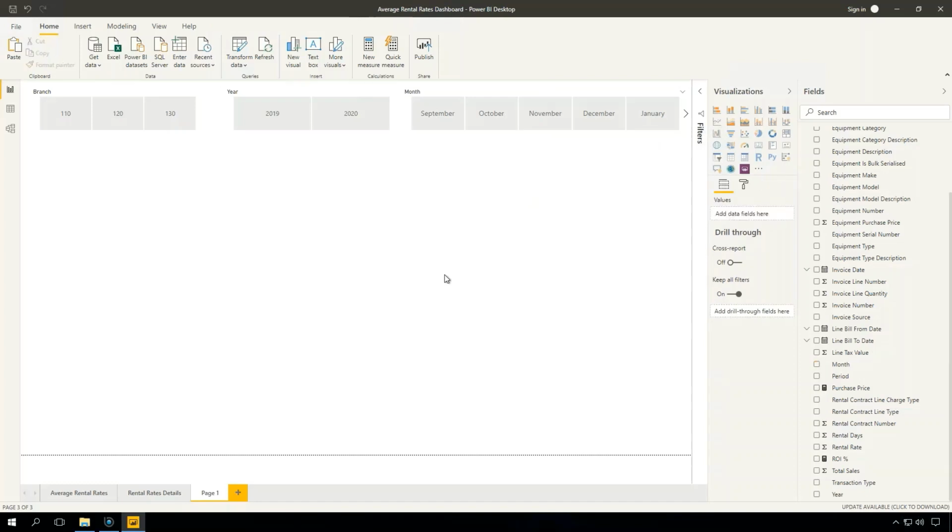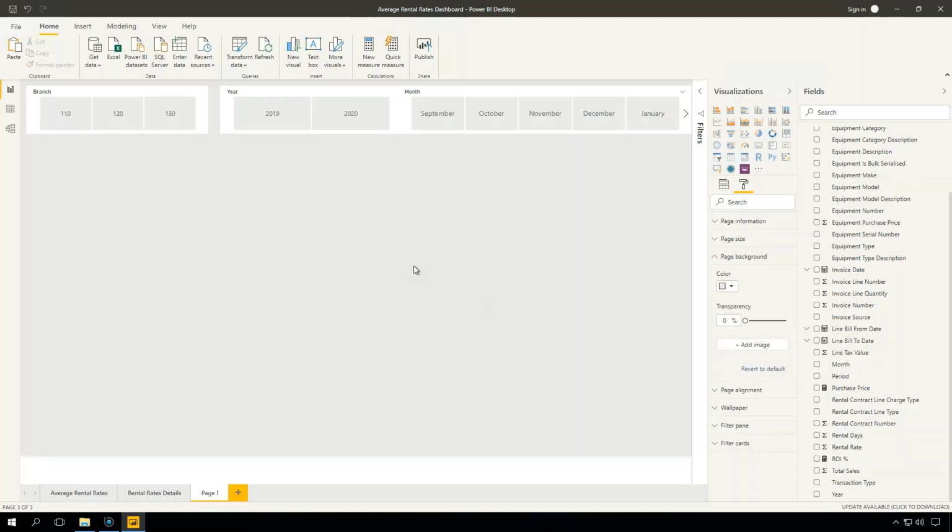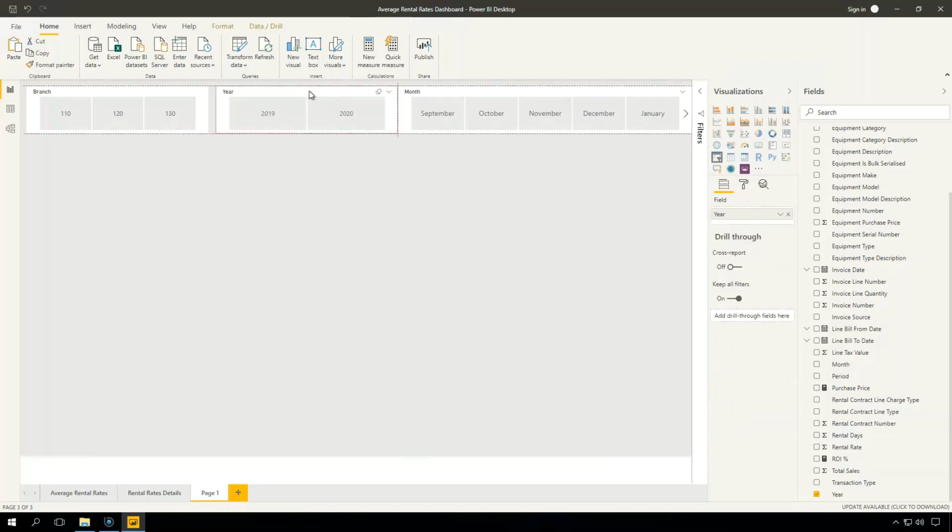This data will pull through. Now I might want my background to be a different color. It does make it a bit easier to visualize things. So I can actually go onto this section here and go page background. And I might want to choose a particular background color. And I can change the transparency. And we can see here it starts giving me a better visualization of where I want to actually put my